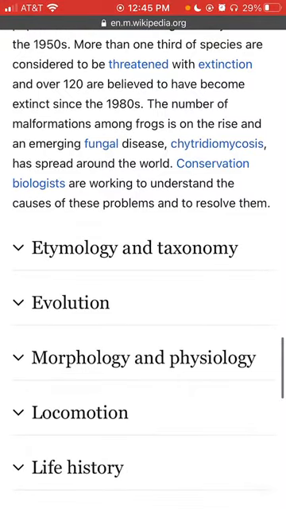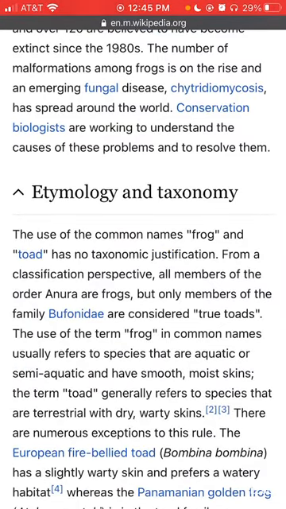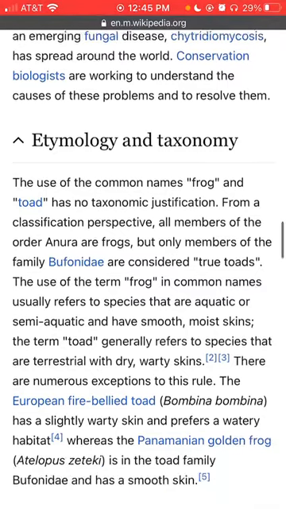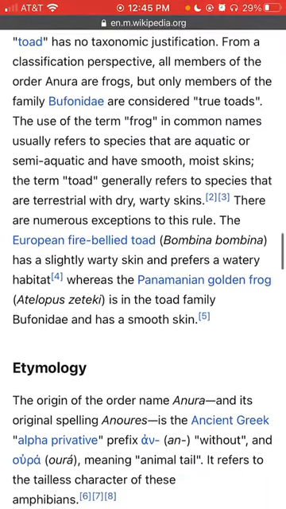Etymology and taxonomy. The use of the common names frog and toad has no taxonomic justification. From a classification perspective, all members of the order Anura are frogs, but only members of the family Bufonidae are considered true toads. The use of the term frog in common names usually refers to species that are aquatic or semi-aquatic and have smooth, moist skins. The term toad generally refers to species that are terrestrial with dry, warty skins. There are numerous exceptions to this rule. The European fire-bellied toad, Bombina bombina,